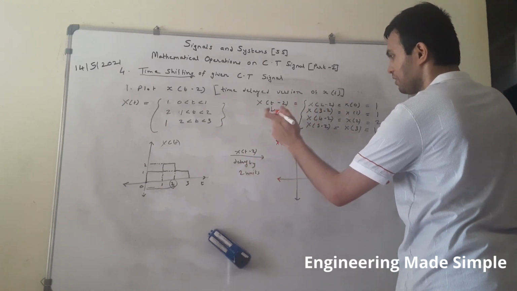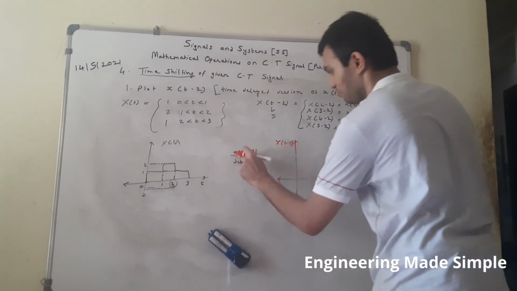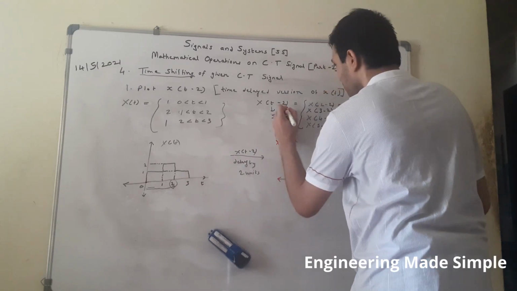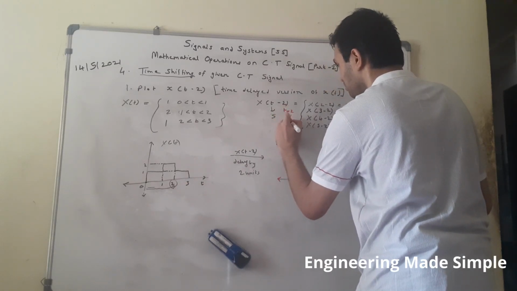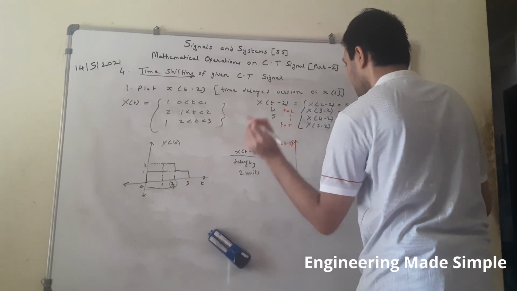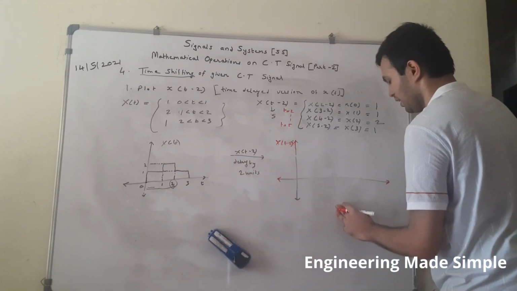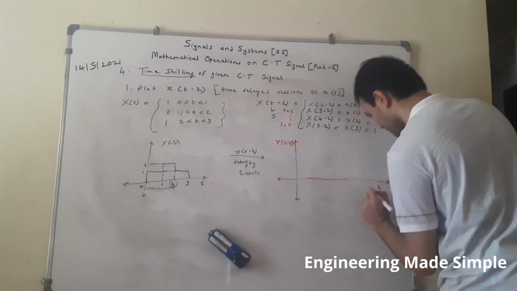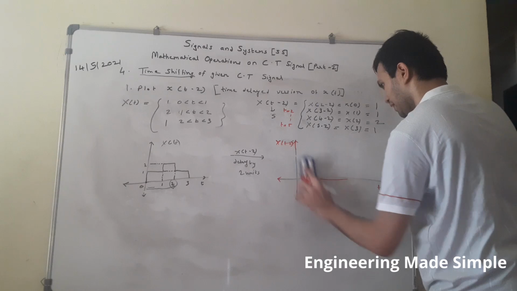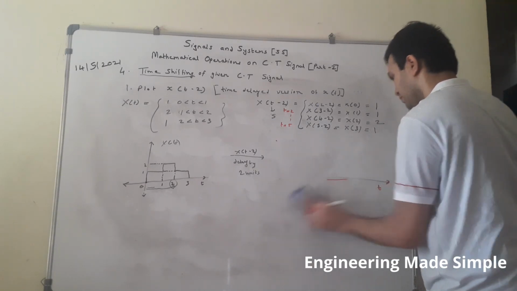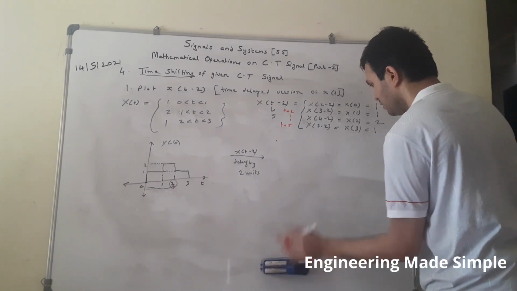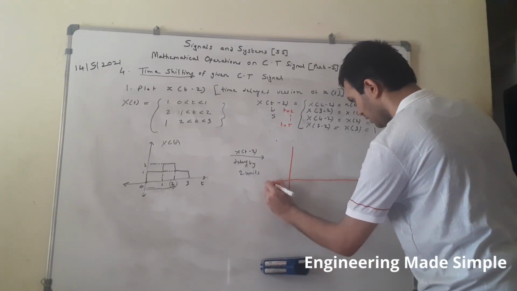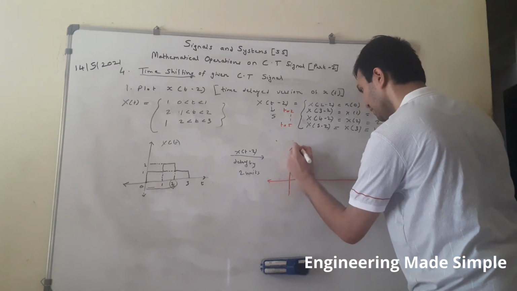And why am I starting from t is equal to 2? Because the signal x of t minus 2 will start from t is equal to 2. So I have put the values of t from 2 to 5 in order to get this signal plot of x of t minus 2. So this is as usual our time axis, in seconds. This is our signal x of t minus 2.